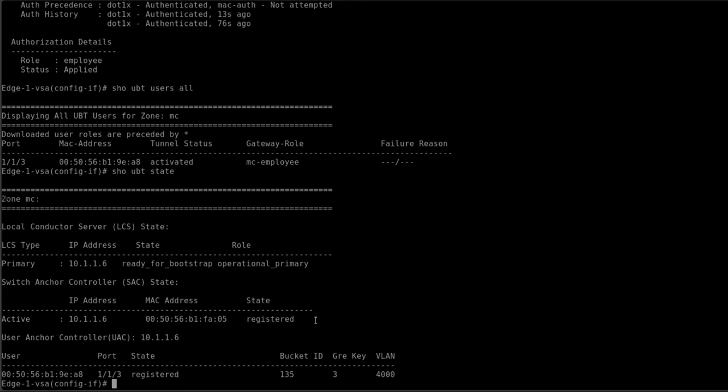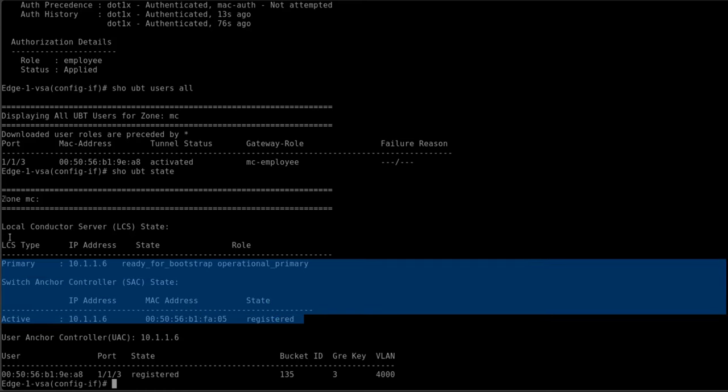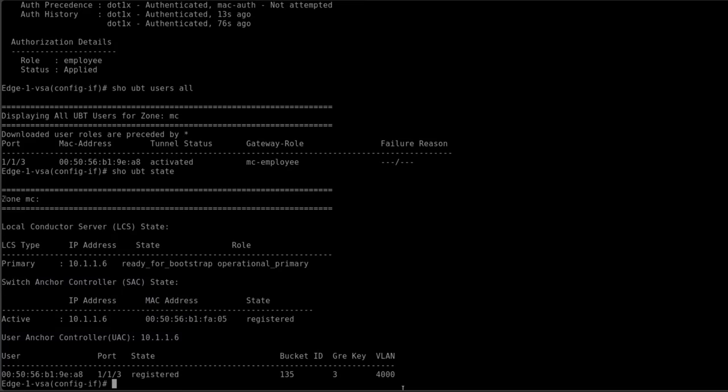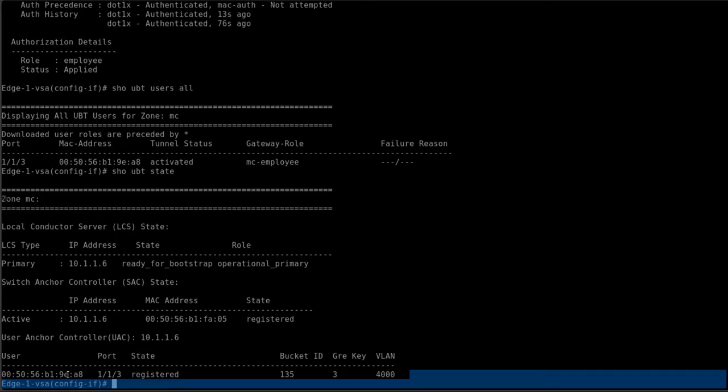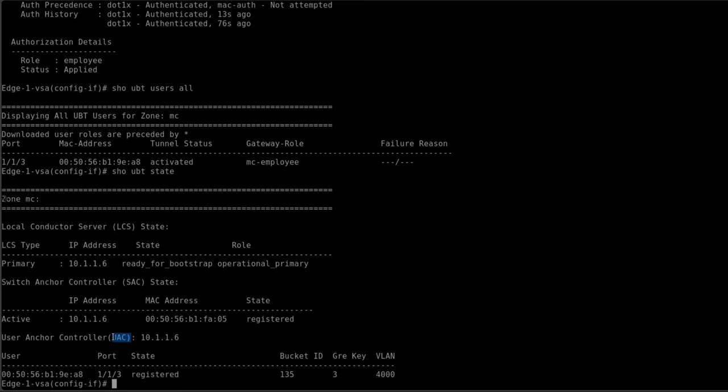It says registered everything, and remember when the first time we looked at this command we could see this and that only. This part shows that the communication between the switch and the controller is successful, and this part shows you the VLAN was sent, the client has authenticated. Says user access anchor controller here,